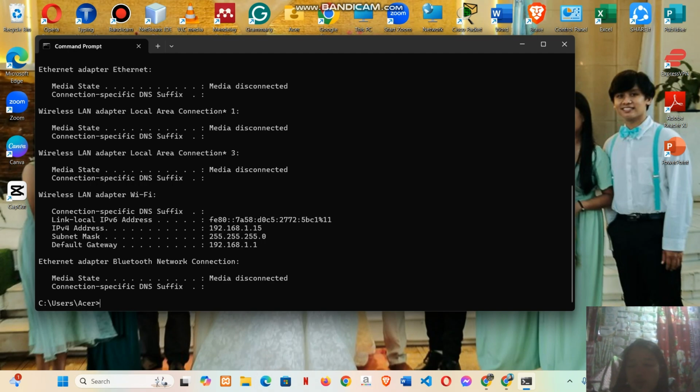And then here we can see my default gateway. So type ping and then copy this one.